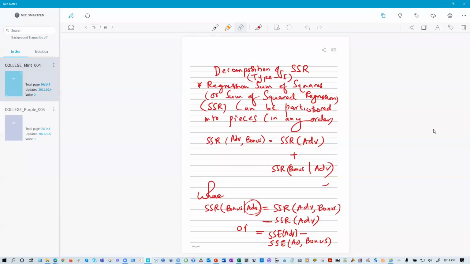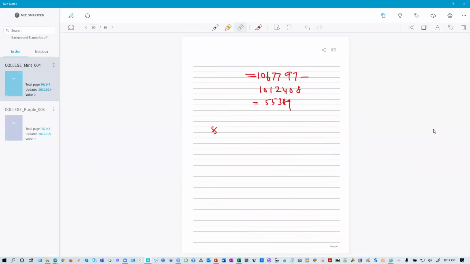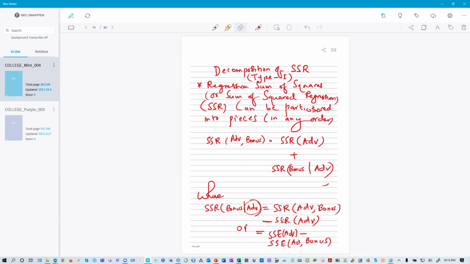I'm going to write it down one more time. I'm interested in SSR advertising and bonus, which is the same as SSR advertising only plus SSR bonus given advertising. SSR advertising we already found, even in this formula here. SSR advertising bonus is the same as